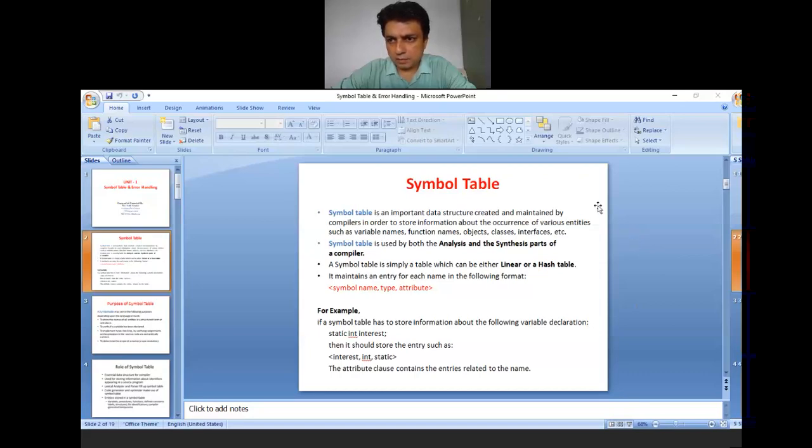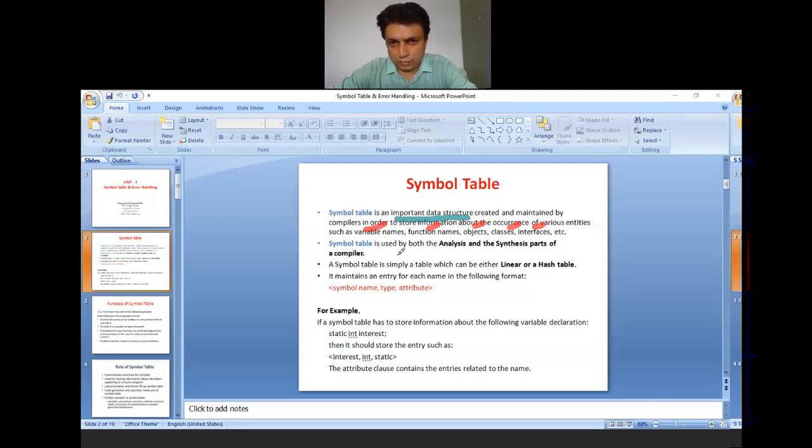So symbol table is an important data structure created and maintained by compiler in order to store information about the occurrence of various entities such as variable name, function name, objects, classes, interfaces, etc. Basically, it is a table in which we store all these like variable name, function name, classes, objects, and their interfaces.